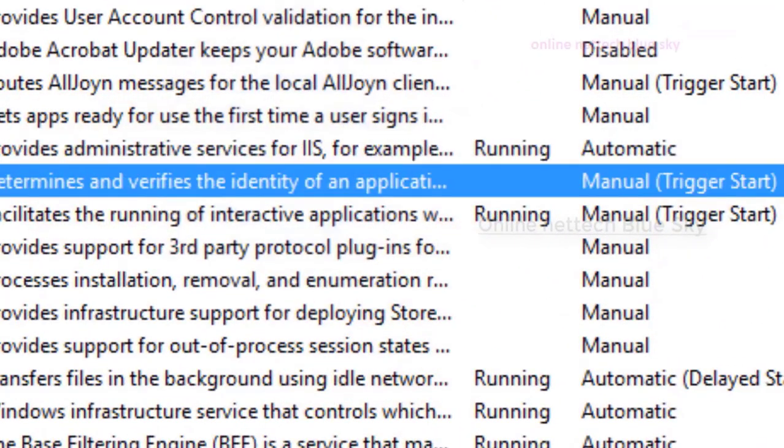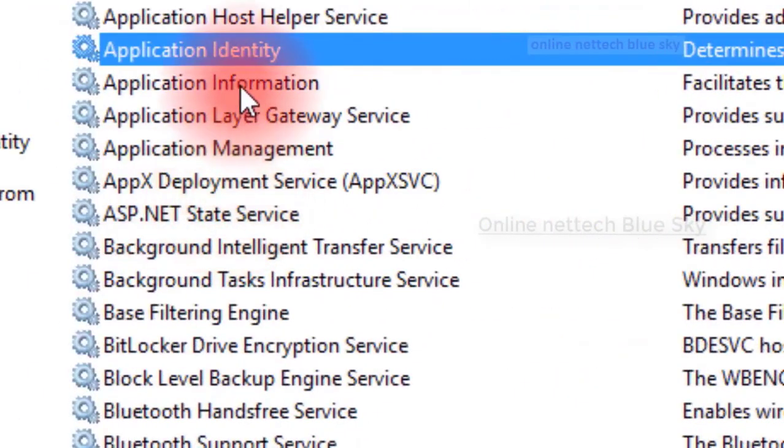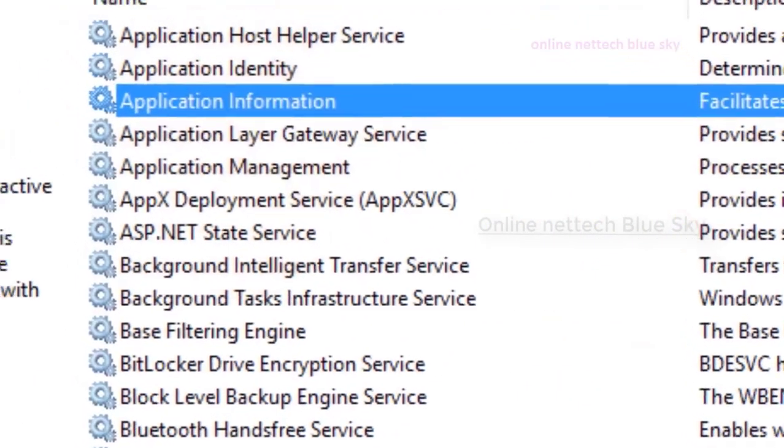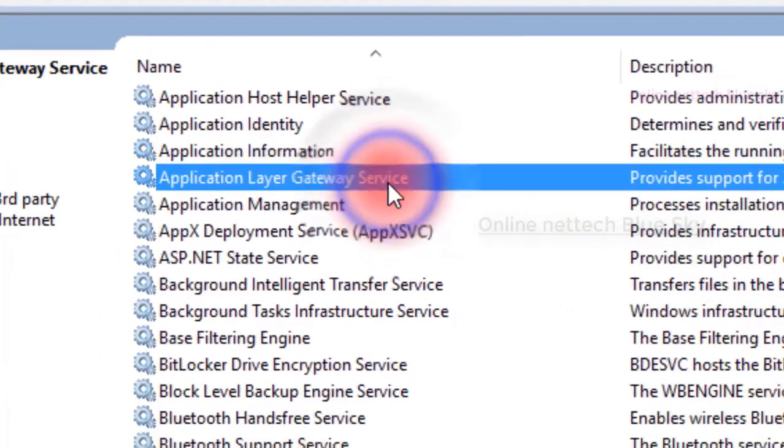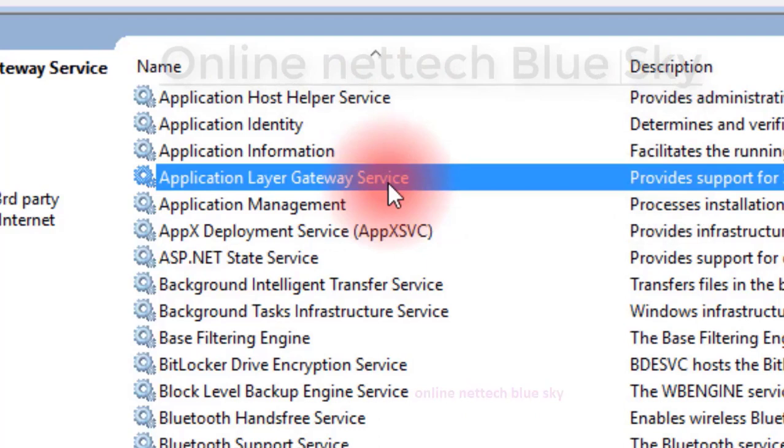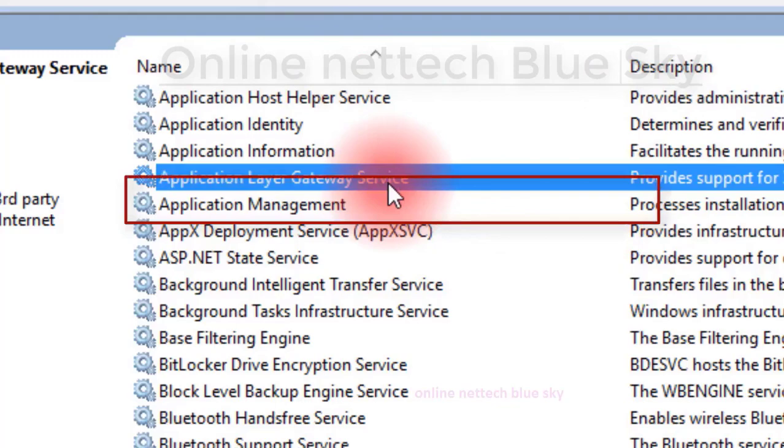So these services are already running here, and you can see Application Information services available here, and Application Layer Gateway services. So all of these services work with your computer: software services, hardware services, network services, operating system services. Different services work in different ways for different programs, with your computer data and your computer files. So this is very important for systems and system application management.